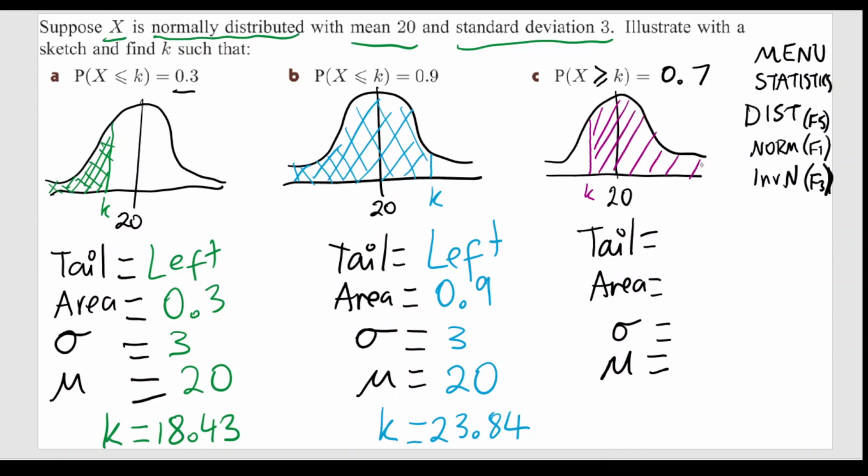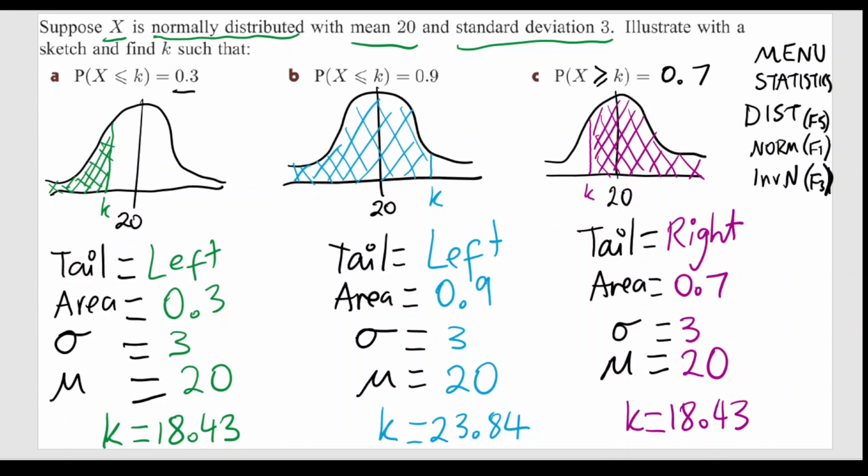Remembering that our mean shows us the point where we've got 50% of data on the left and 50% on the right, or 0.5 on the left, 0.5 on the right. So our tail is now trailing off to the right. Our area is 0.7. Our standard deviation is 3, and our mean is still 20. So when we put that into our calculator, what we're going to find is that we have a value of k equal to